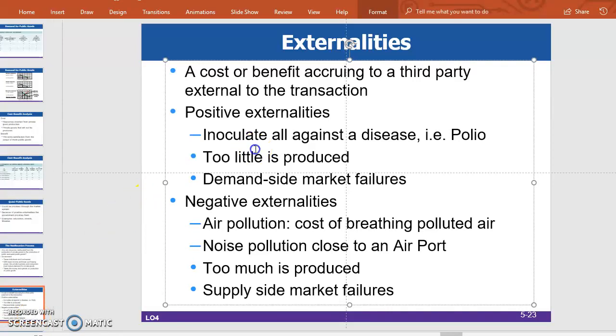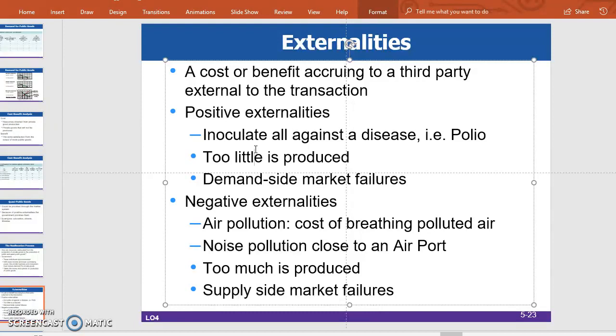So now we start a discussion on externalities. This is the fourth part of the lecture on chapter 4, right? So this is a cost or benefit. What is an externality? An externality is a cost or benefit to a third party external to the transaction,